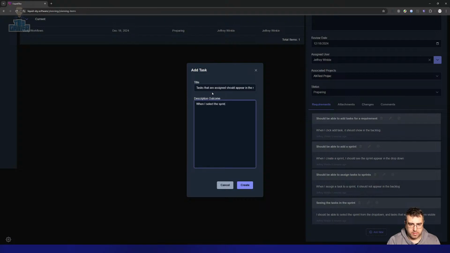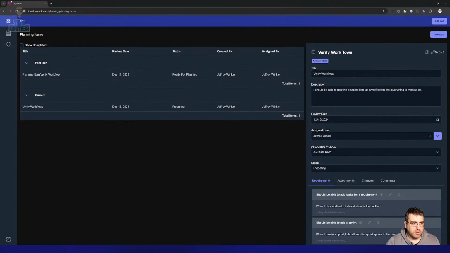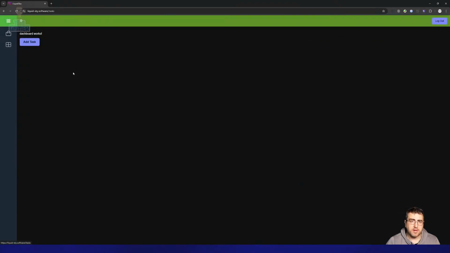Select the sprint dropdown. The tasks that are assigned should appear. So now if I go over here,